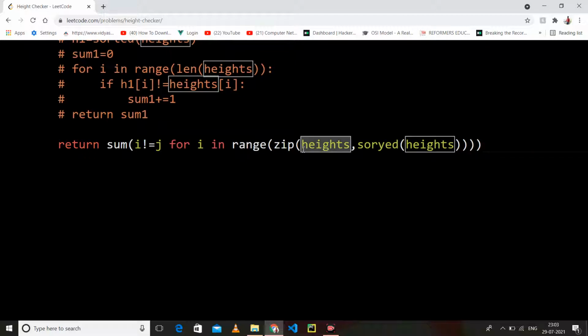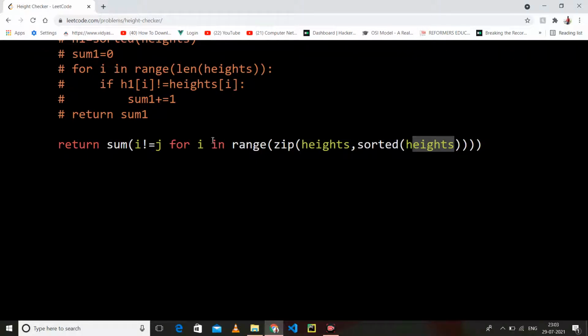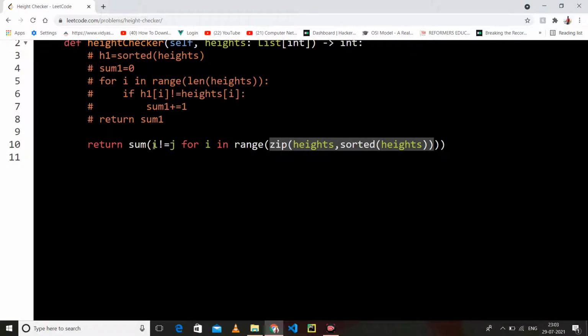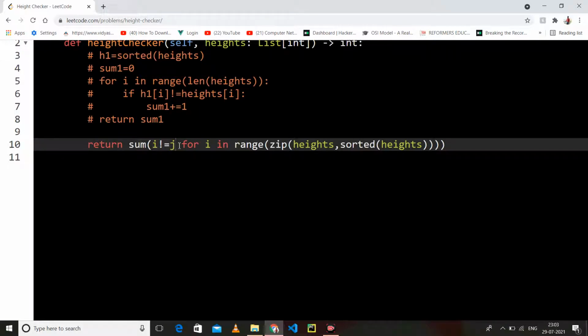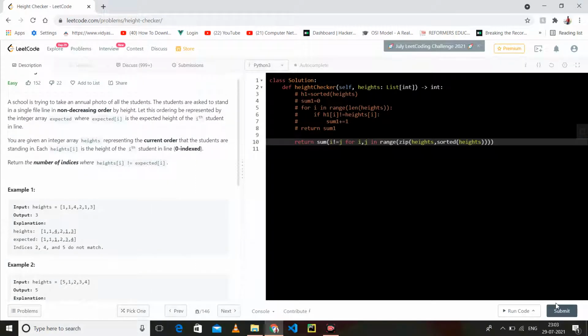I have just zipped, one is the actual and one is the expected. So this is the expected, this is the actual, and we take elements one by one from the zipped array and compare whether they are equal or not. So this is i comma j. If it is not equal, we have to return the sum.